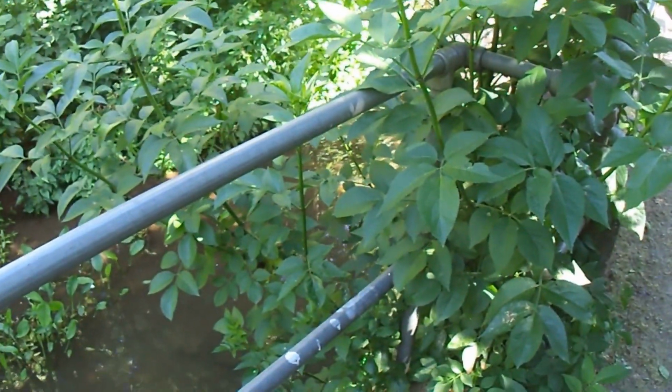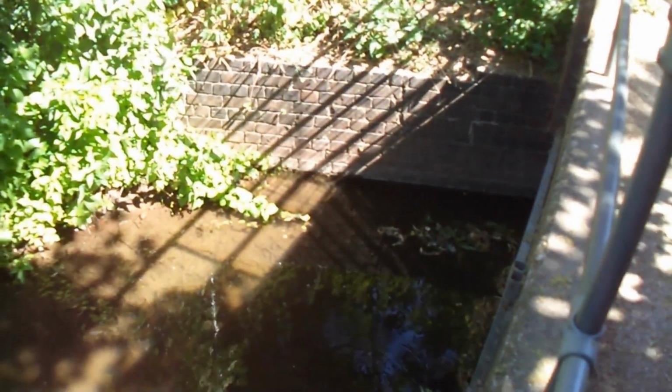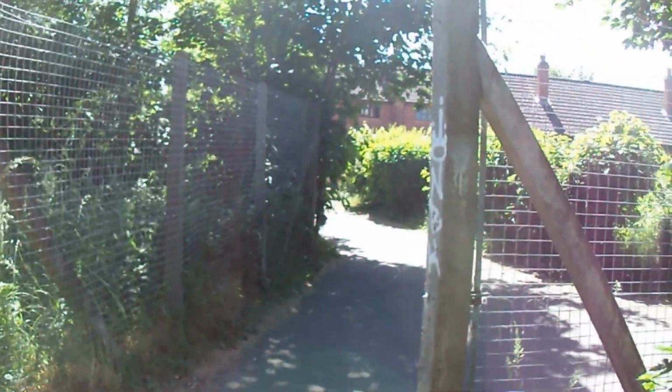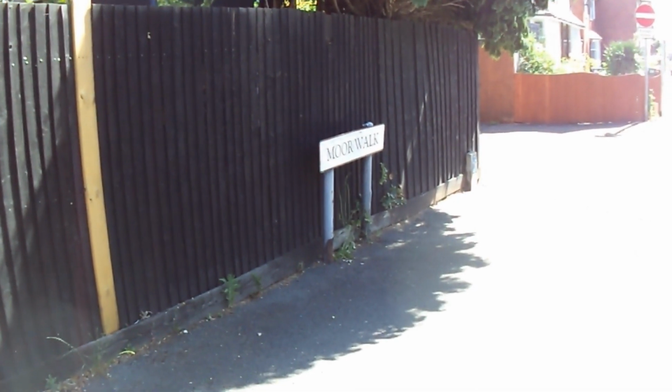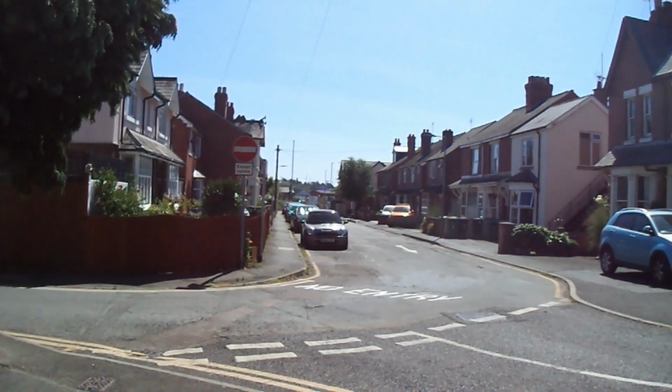At this point here at the end of Widemarsh Way, the brook takes a sharp right against that brick wall and disappears under the way and reappears the far side of the old railway line, heading for the aptly named Millbrook Street. So we turn right off Widemarsh Way along Moor Walk, and that leads us to the bottom of Prior Street,